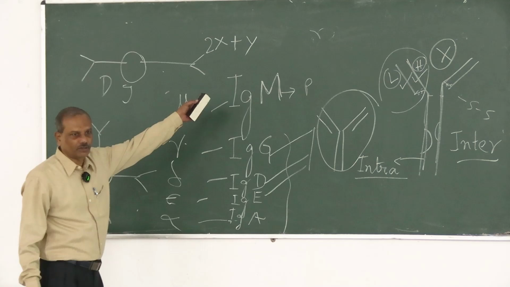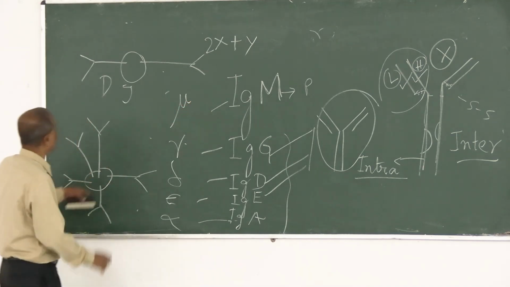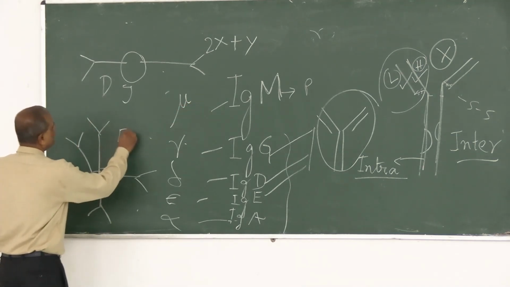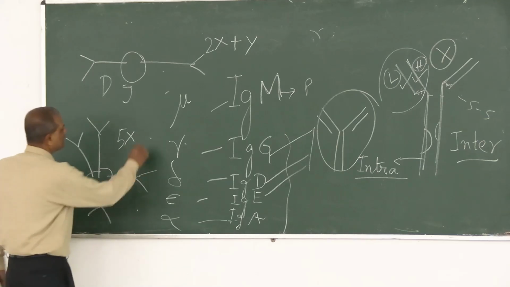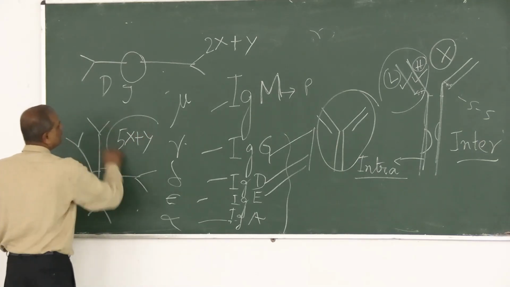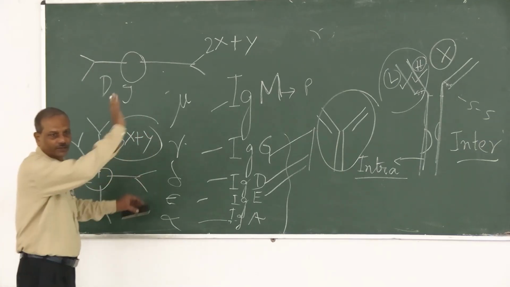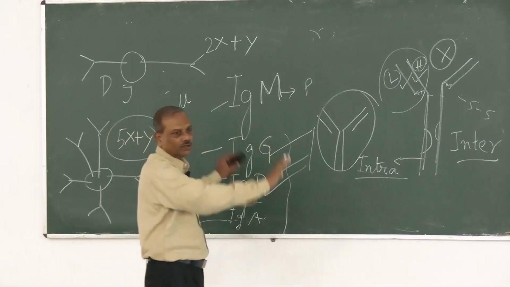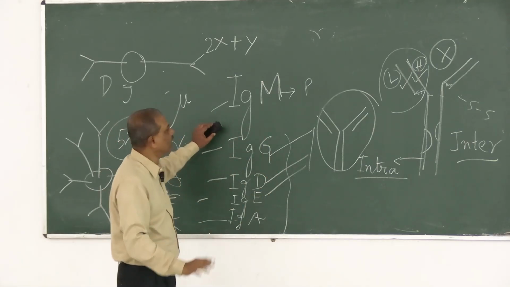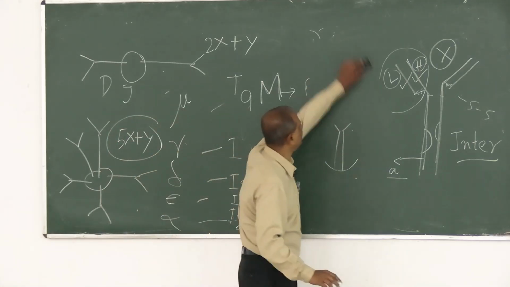So it will be somewhat higher. Similarly here it will be 5x plus y for that chain. Understood? This I will discuss in the slides, you will note down. Right now you understand. So this heavy chain I am telling you again,